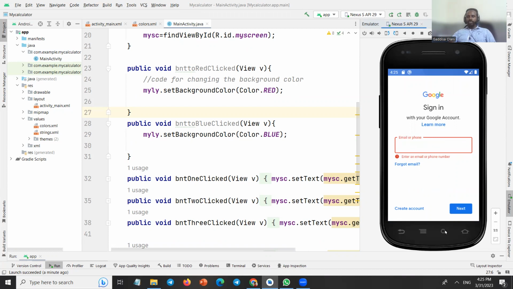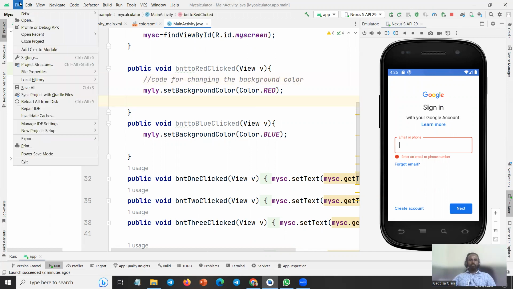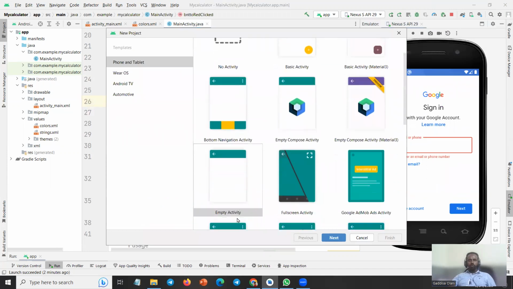Now it's asking for an account. That's why this message is showing up, and I didn't want to log in. Anyways, let's move this one to here. Let's go and create a new application. So file, new project. I may call this one